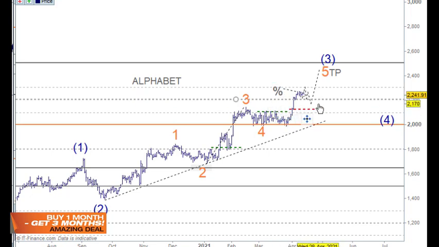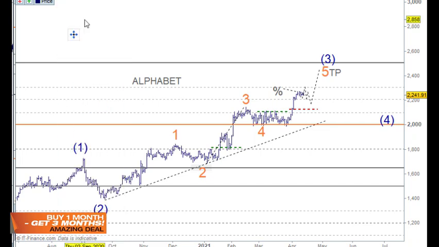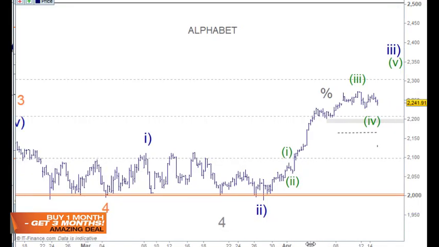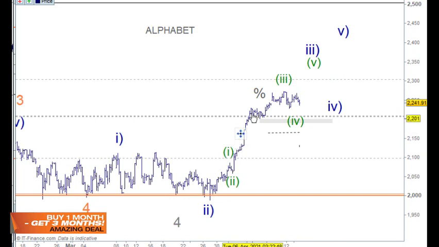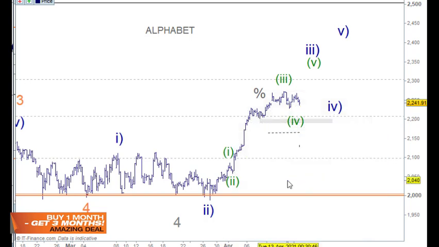We were looking for a bit of a correction here, but still looking for further upside, so that's okay. Just one of those stocks we're going to be holding. And the reason for that, like Amazon, the trend is really tight, so there wasn't such a big deal. If we work from the low here as wave 1, we've got 1 and 2, and here 3, 4, and 5, so that's all cool. And we can take this low here and put that on there. That's the 38.2% retracement level, and the wave 4 of one lesser degree, so that's kind of where we're looking at. I think this level here was just leaving the stop out of the way,